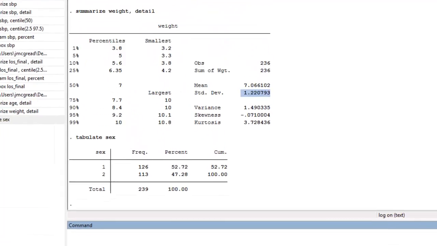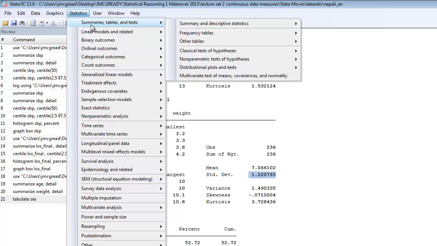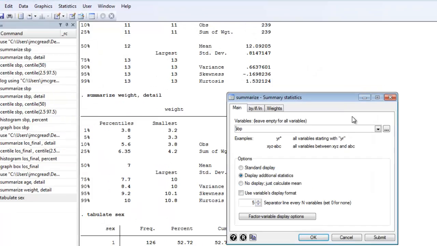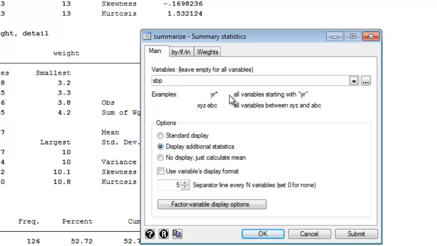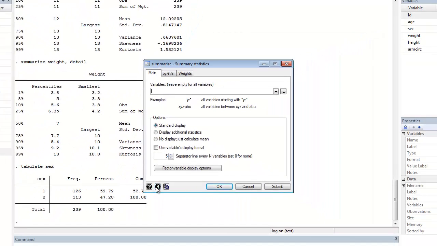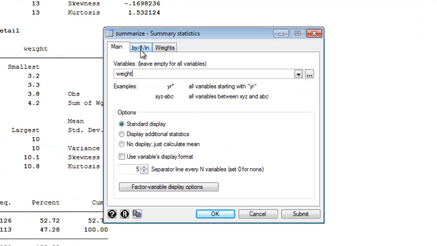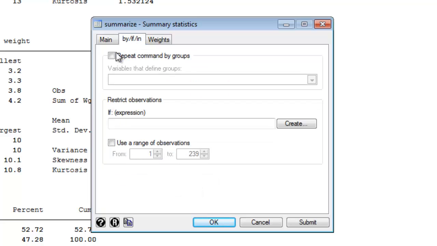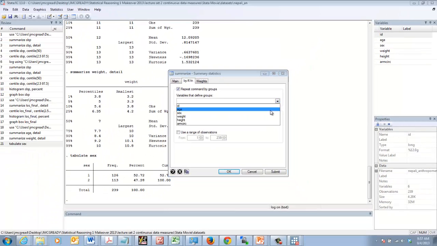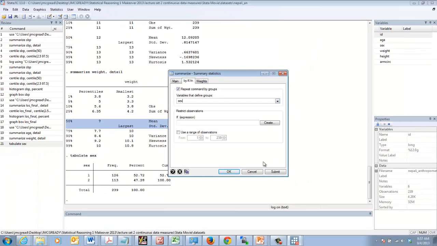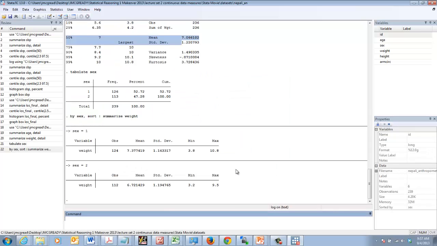But to start, what I want to do is just go back to summaries, tables, and tests, and I want to present summary statistics. But I want to do it separately by sex. So there's another tab in this summary statistics window. First thing I have to do is reset what I did before, and I'm going to choose weight, and then I'm going to go to this by if in tab, and it's going to say repeat command by groups, and the variables that define the groups are sex. I'm going to hit return here,